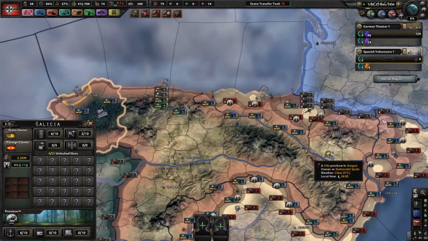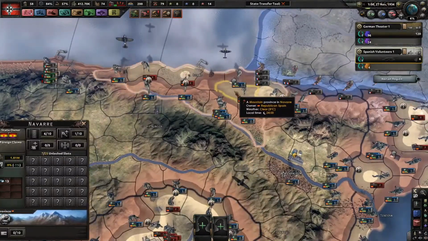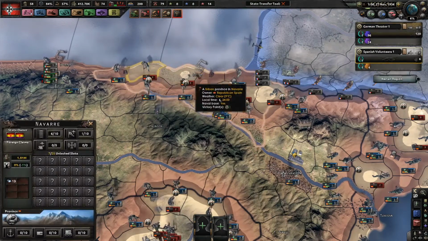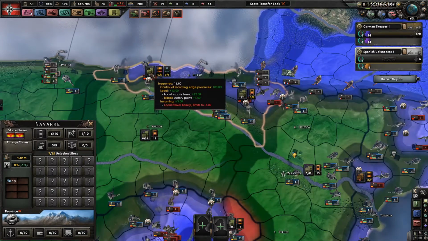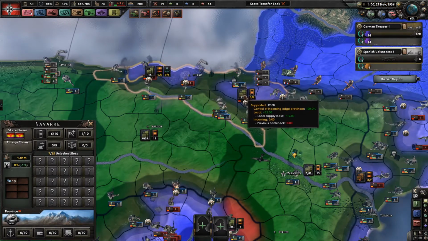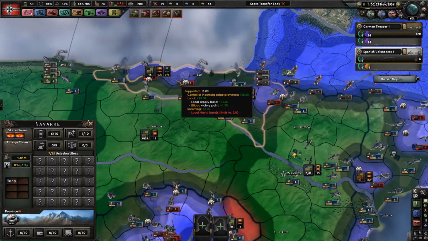Let's take a look at Republican Spain, for instance. If you see these pockets, right, here we have a pocket. Here it looks like a pocket, but it's not really a pocket because there is a port. Supply can flow into these two troops. And if we hover over, we see here they have 16 supply from the supported region. If we see here, they have 12 supply from the local supply base. Here they have 16, which means that there is free supply incoming into this area. So on top of that,